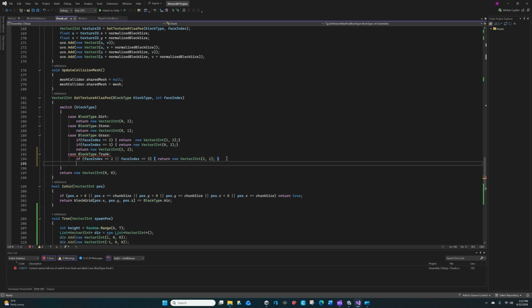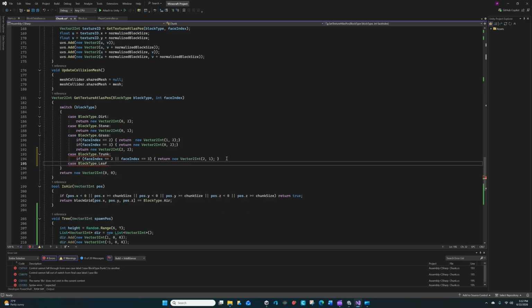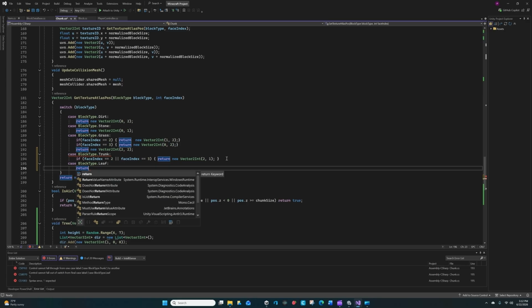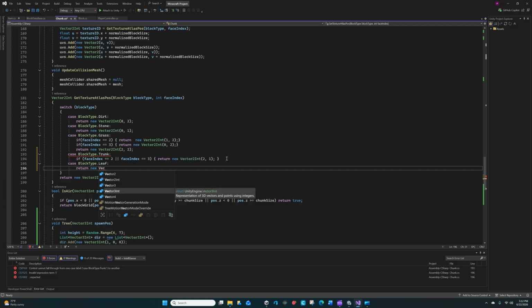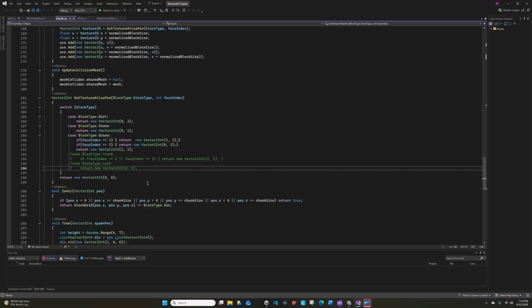But face block type dot leaf, then it'll just return new 2 and 0, 0. Why did that work? Okay, so what I was doing